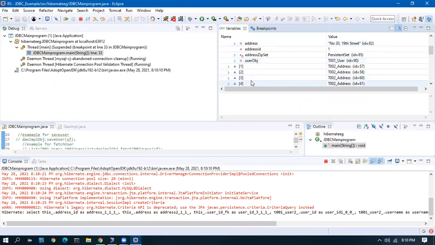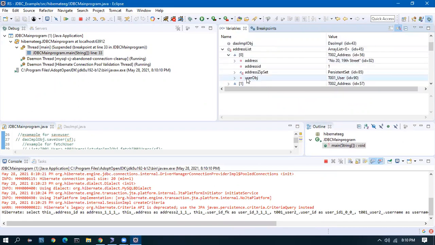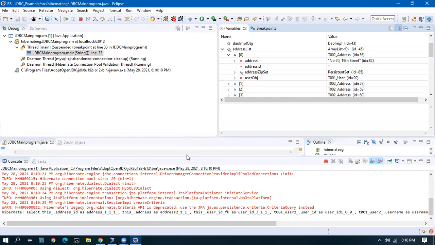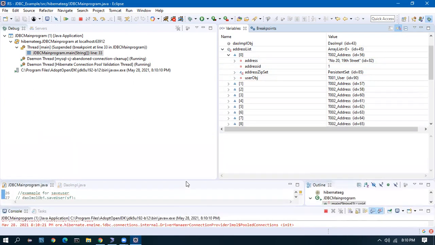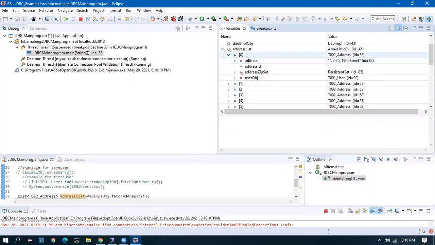Of this, you note here something. The first address is a string. Address ID is the primary key. The user object has come automatically. The parent. When saving, we gave the parent-child relationship, right? In the address object, we set the user ID.